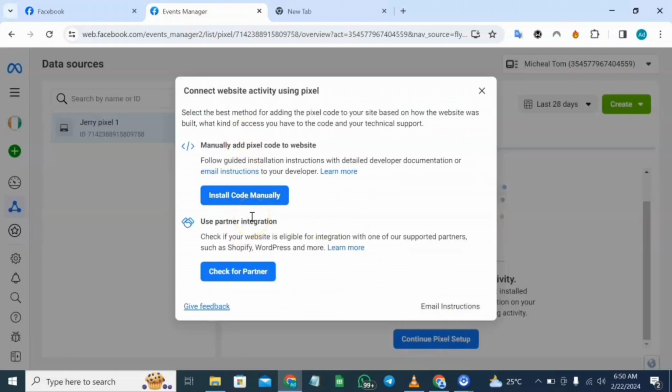So from here you can choose any method you want to install it. Either you want to install it manually or you want to use a partner. I will check for a partner and then install it. Irrespective of the method you use, it will be good. Do check my other videos on how to install this in your websites. Meanwhile,